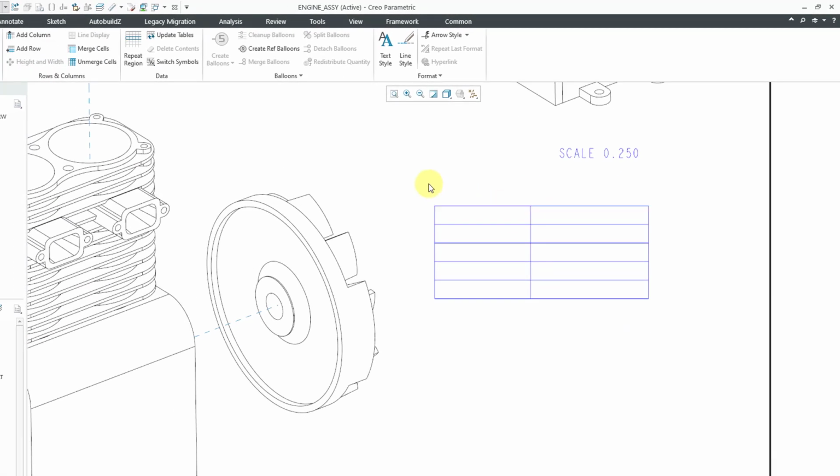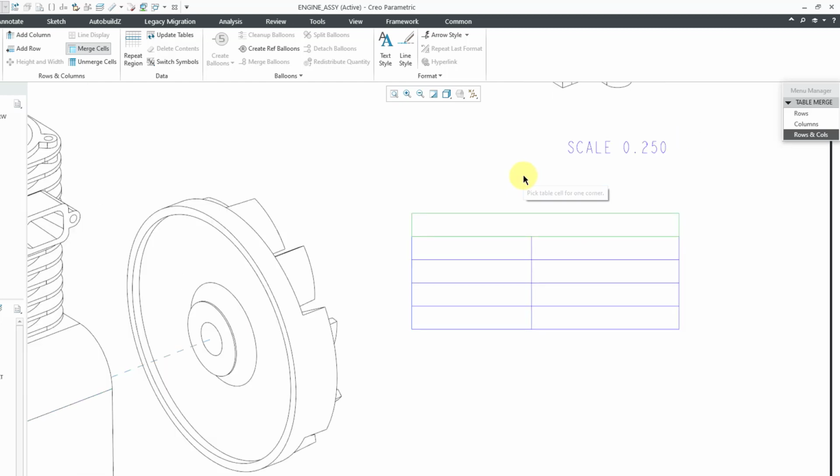My top row is going to be a header row, so I will choose the Merge Cells command, and I'll leave the default rows and columns, and I will select one cell, then select the second cell, and I'm going to repaint real quick just by zooming in and zooming out. You can see that we have a single merged cell. I will click the middle mouse button a couple of times to get out of the Merge Cells command,